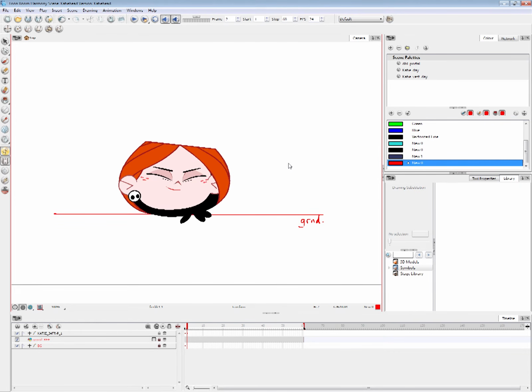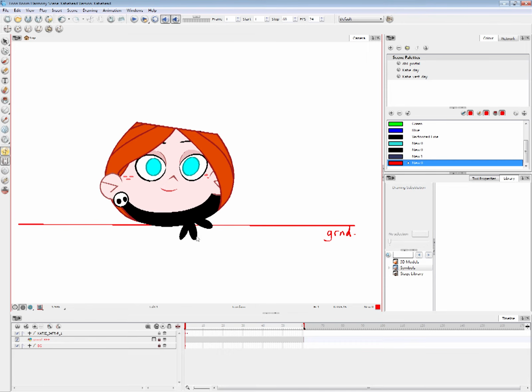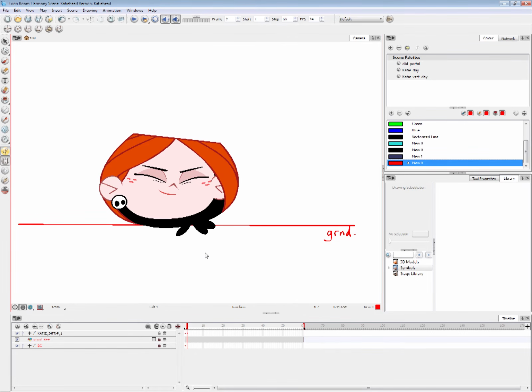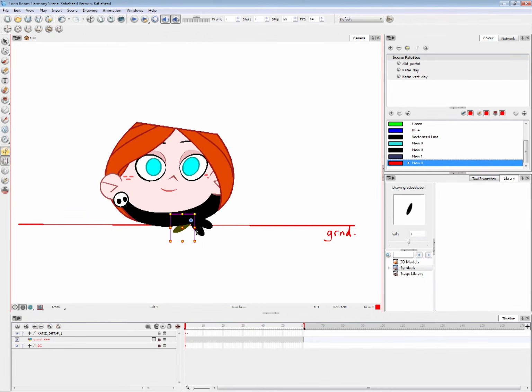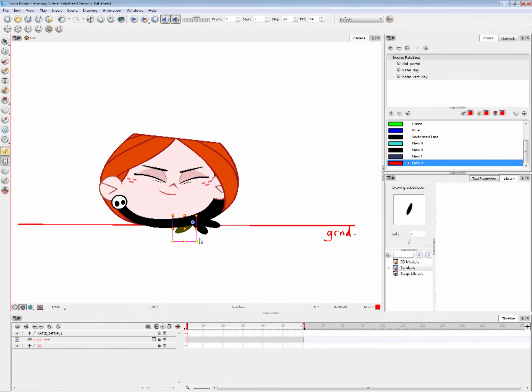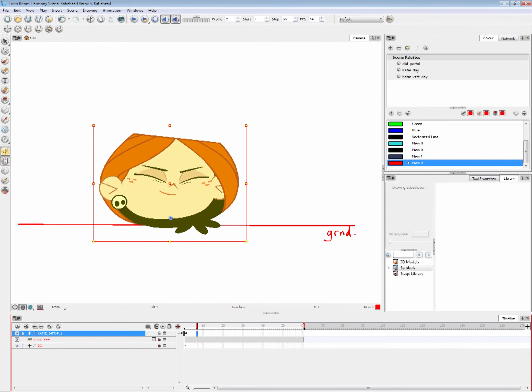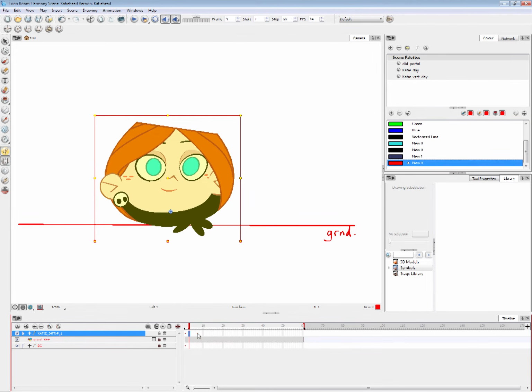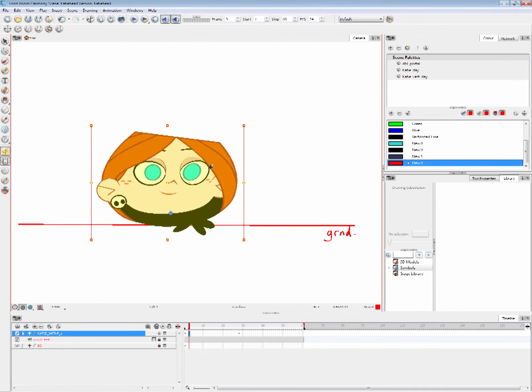So when you're having a character squish down, just be mindful of what is happening. Because, for example, don't squish the whole body and leave it at that.